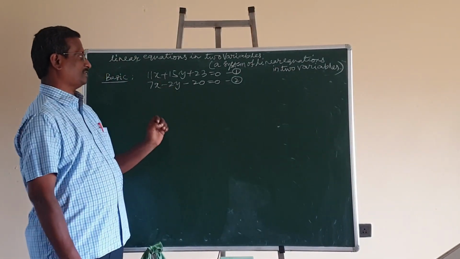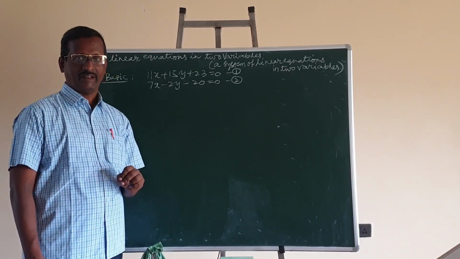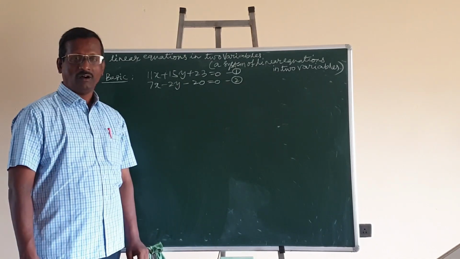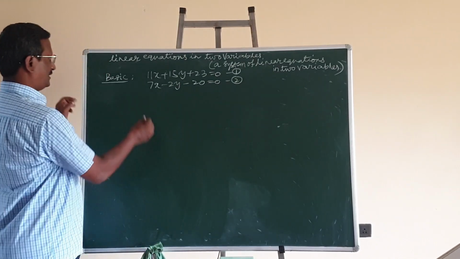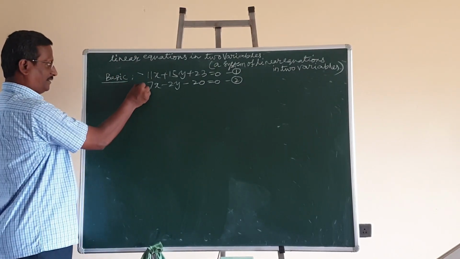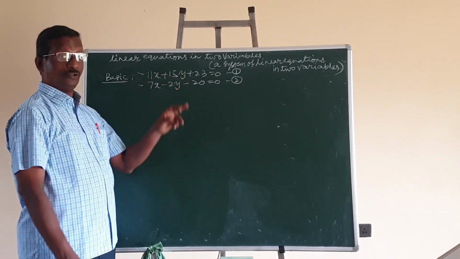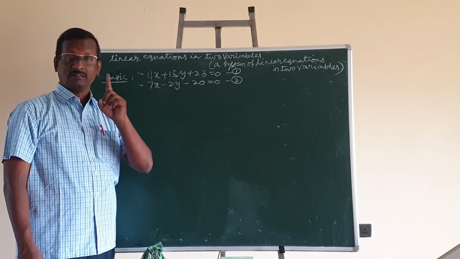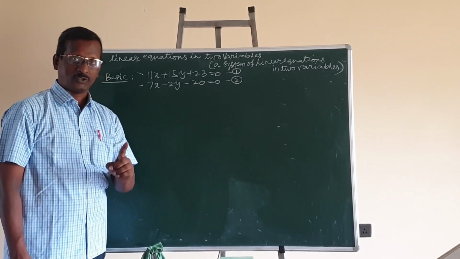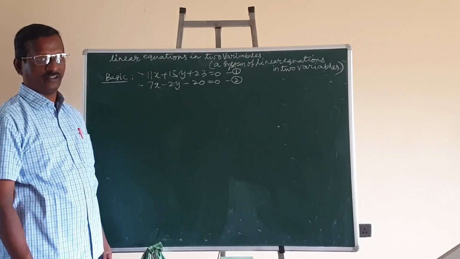The most simple question. A pair of equations, meaning a system of equations, is given. We have to solve. Solve means finding the value of x and y. In fact, the first equation has infinitely many solutions. The second equation also has infinitely many solutions. But the solution of the system is the common solution. There is a common solution for the first equation as well as the second equation.